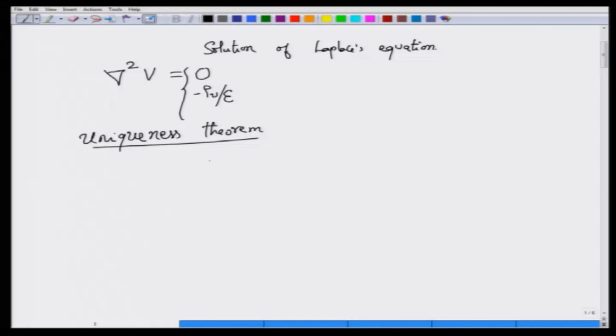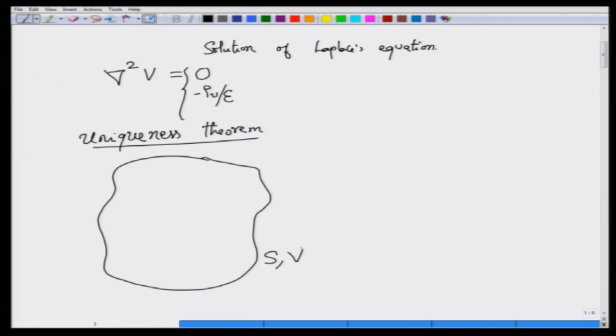So, what is the uniqueness theorem? To develop that, consider first a surface S. Okay. This surface S also bounds, or encloses, a particular volume, and for the moment let us not put any sources inside. Okay. So, we have no sources, no conductors inside. The second part of the theorem that we will be developing will actually have some conductors inside. Okay. For now there are no conductors or charges specified inside.